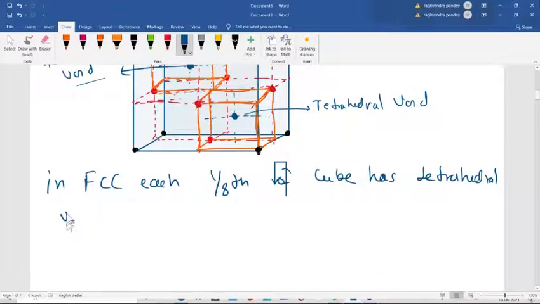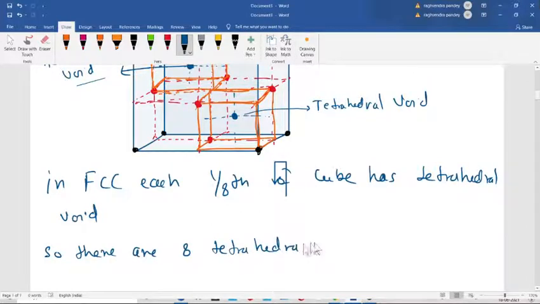So there are 8 tetrahedral voids in FCC.